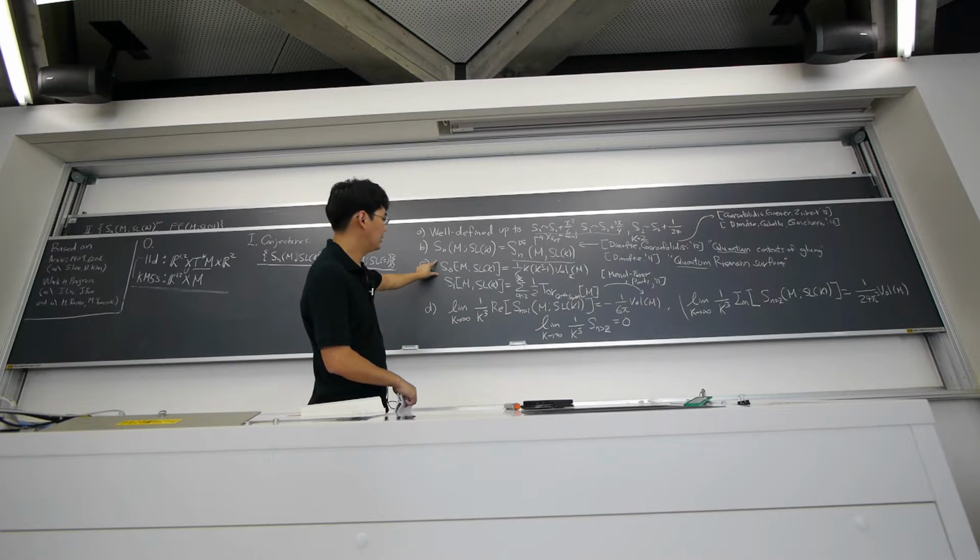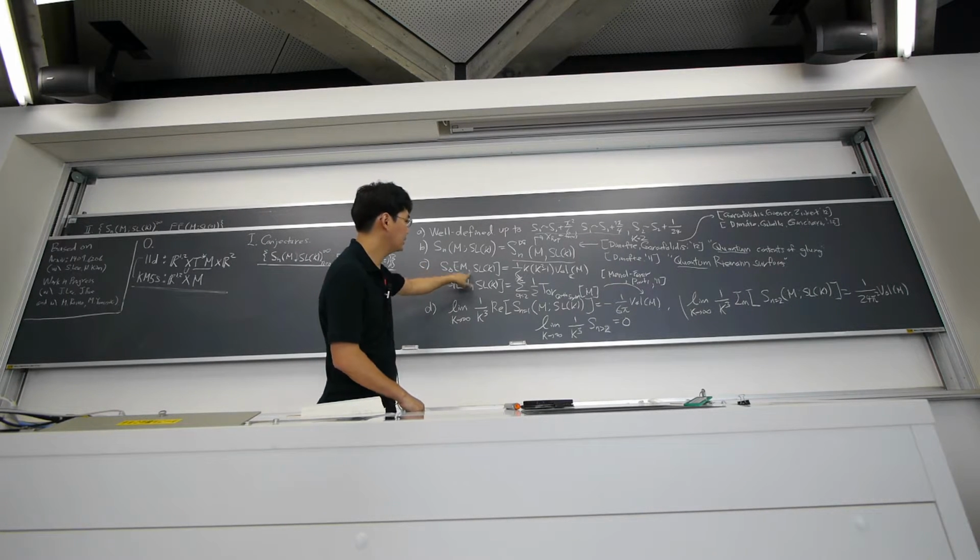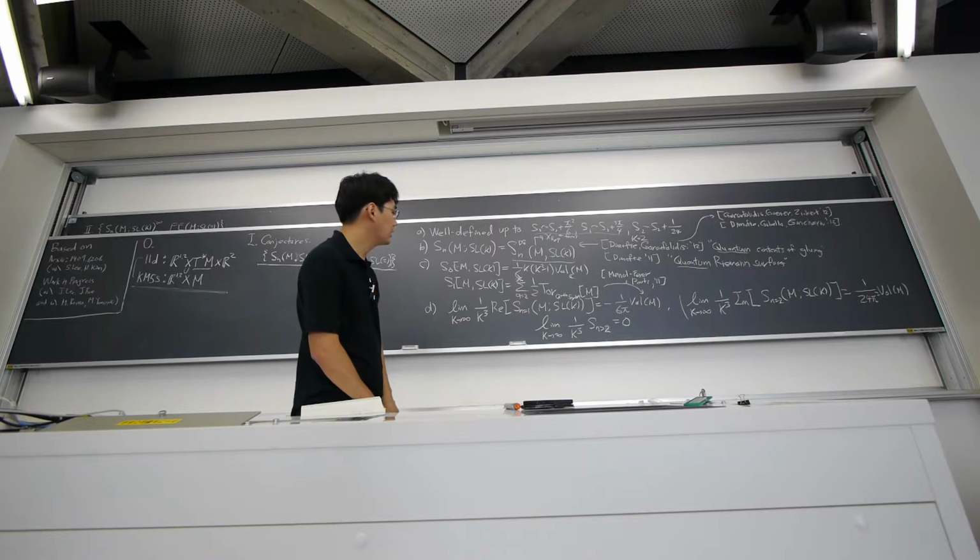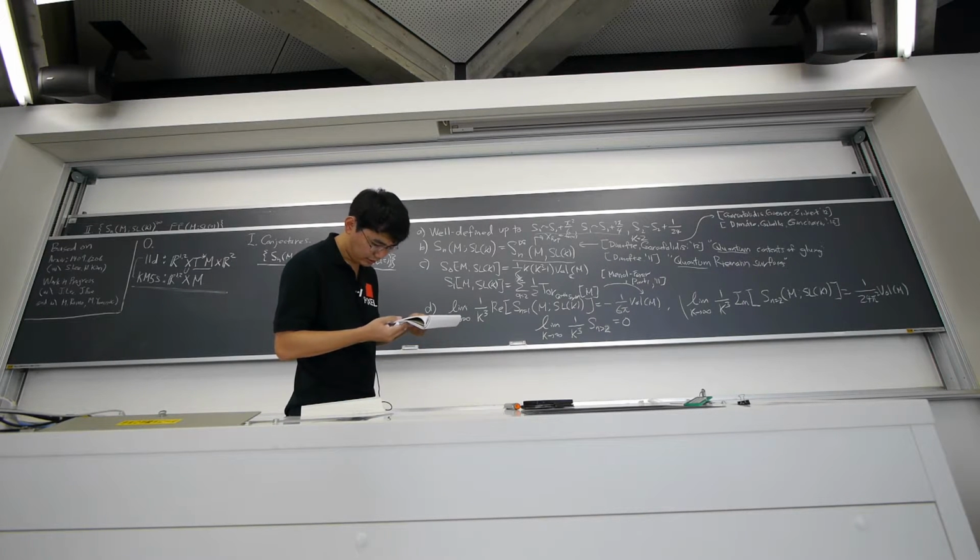So it means that S0 should be defined up to 2 pi i times k squared minus 1. It's much more precise. From this equality, the volume is well defined modulo 2 pi i or some multiple. So it seems to be modulo pi squared over 6, but actually pi squared over 6 times k squared minus 1. It's a much stronger